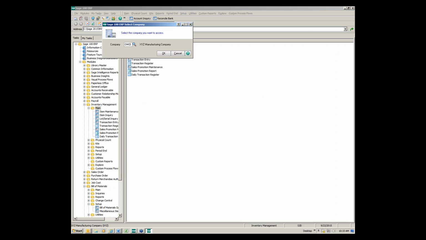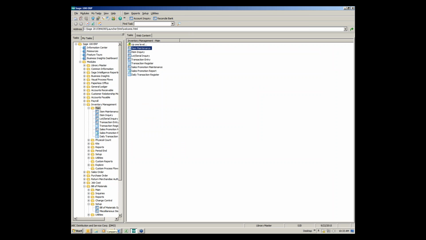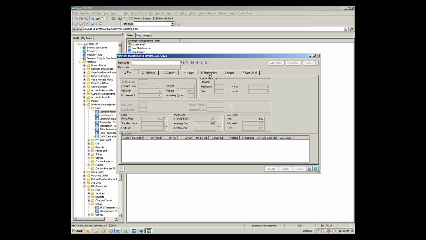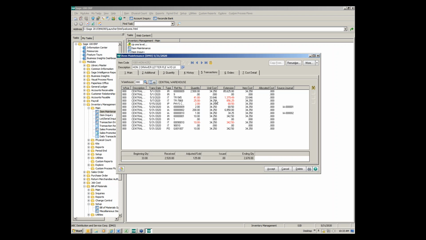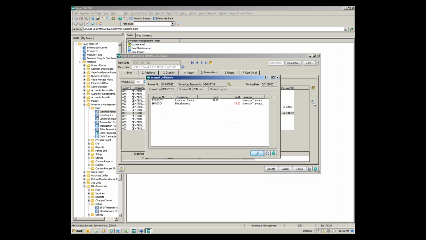Now let's go back to my little demo company here. I want to go into inventory and show you a few things in there that they've added. So let's go into item maintenance, and I'm going to pull up an item here and go to the transactions tab. Now on my transactions tab, I can drill down into the journal transaction, which I couldn't do before. I could drill down into the transaction type, whether it was a sales order invoice or purchase receipt or whatever, but I could never drill down into the